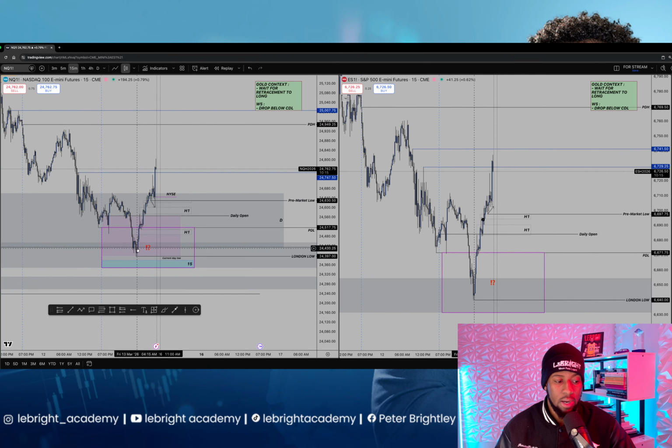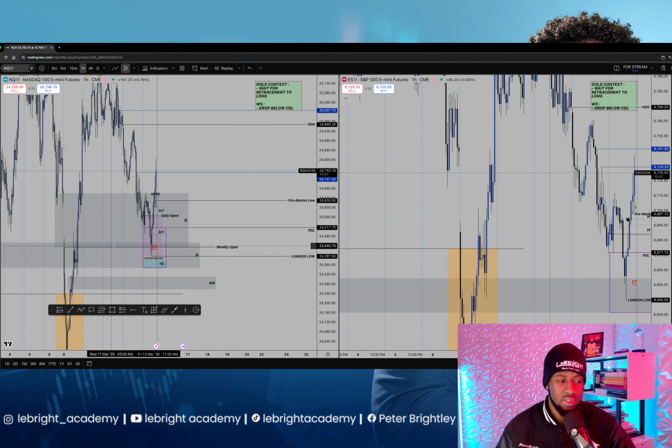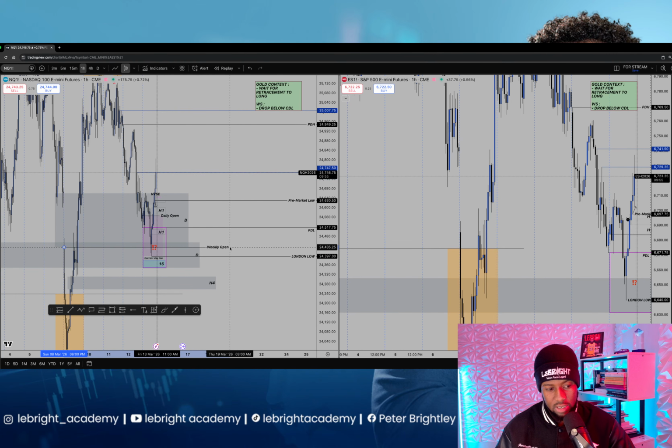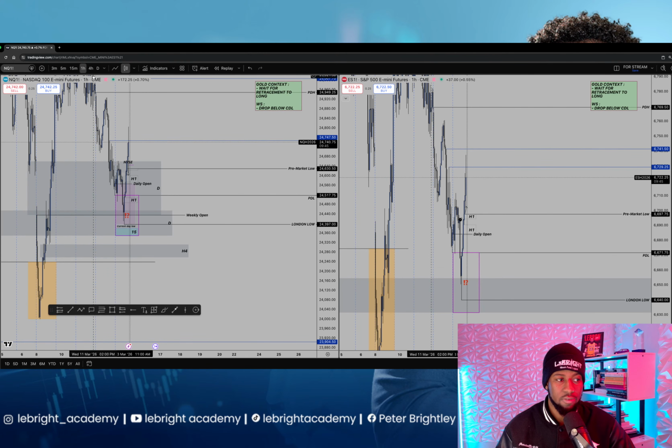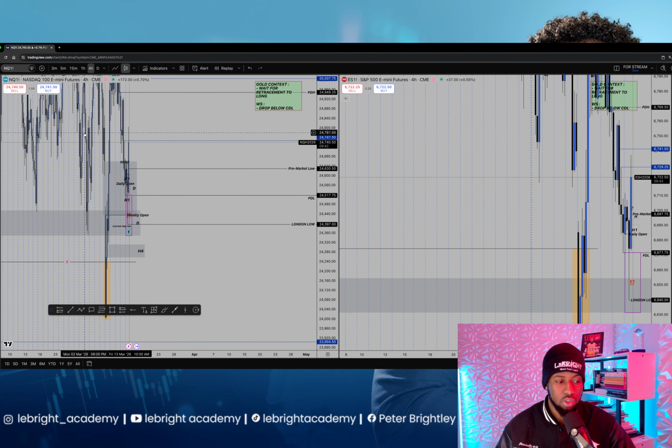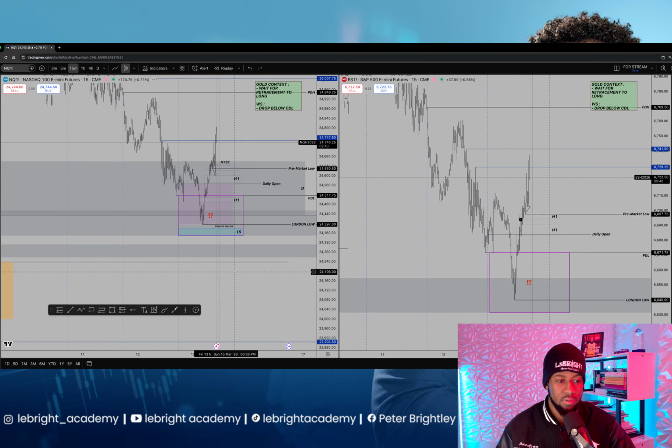Why I consider this low as potential low of day, guys, is because we had a nice manipulation before the previous daily low. We reacted inside of this, we can see this huge gap, and also we had a gap right there. And remember, in the breakdowns and even yesterday we talked about the weekly open right there. I said the market might come back to the weekly open, since the weekly open is a huge icy candle. If you're watching the weekly open on the 4 hour, for example, it's a huge icy candle. So we expected that.